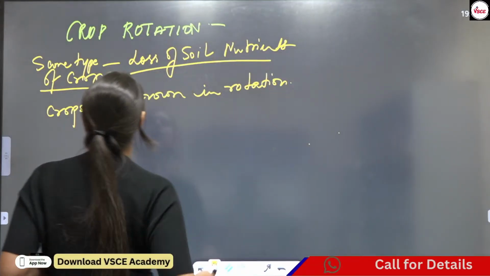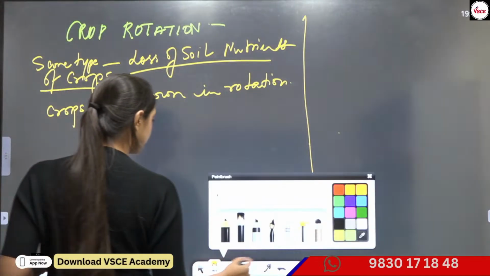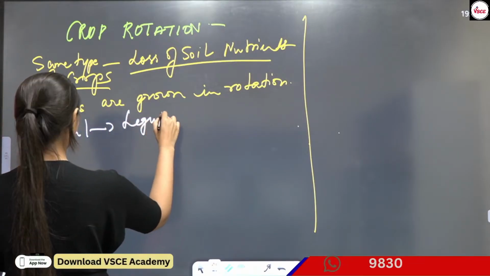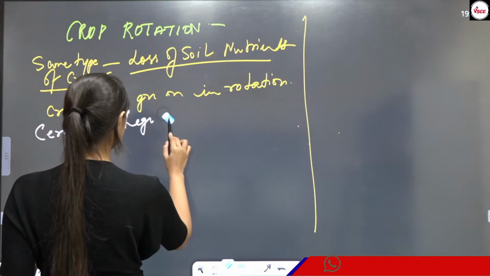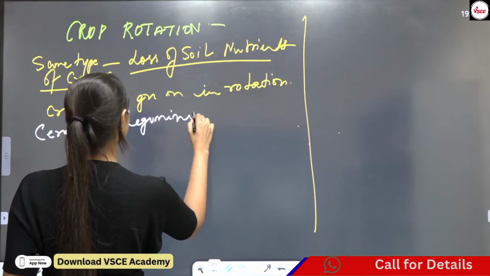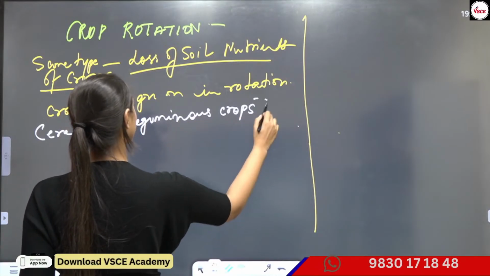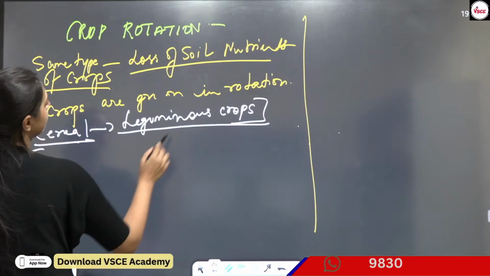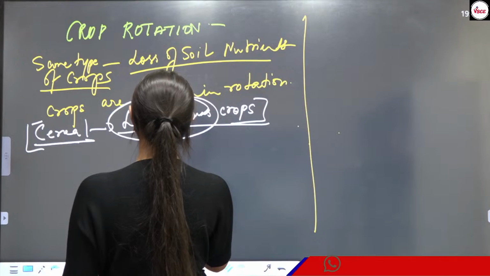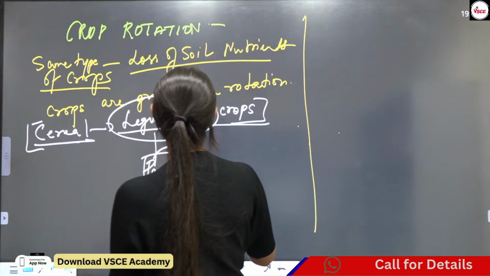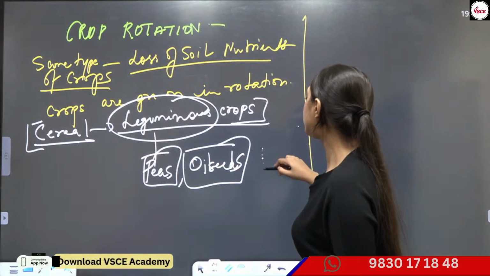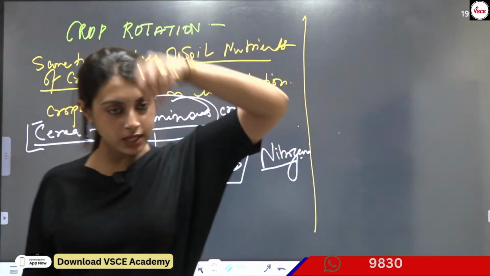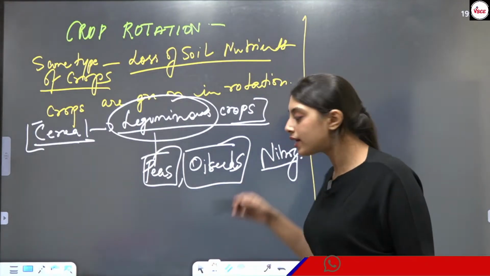মানে একটা সিরিয়ালের পরে আমরা কি করলাম, Let's see here কি দেখাচ্ছে, যে সিরিয়াল গ্রো করলাম আমি, সিরিয়ালের পরে আমি একটা লেগুমিনাস ক্রপ গ্রো করে দিলাম। এটারও কিন্তু একটা কারণ আছে, ঠিক আছে? একটা সিরিয়াল গ্রো করছি, তারপর একটা লেগুমিনাস ক্রপ গ্রো করে নিচ্ছি। তাহলে কেন? এই যে লেগুমিনাস ক্রপস, যেমন এক্সাম্পল হতে পারে পিস, অয়েল সিডস হতে পারে। এরা কি করে, নাইট্রোজেনটাকে ফিক্স করে সয়েলে, ঠিক আছে? তাহলে অ্যাটমসফিয়ার থেকে নাইট্রোজেন নিয়ে সয়েলে ফিক্স করে, তাহলে নাইট্রোজেনটা রিপ্লেনিশ হচ্ছে আমার সয়েলে,